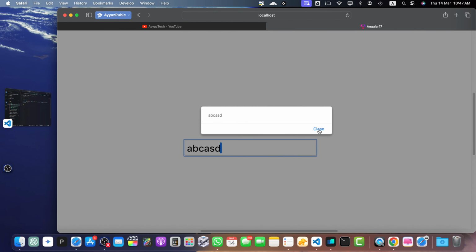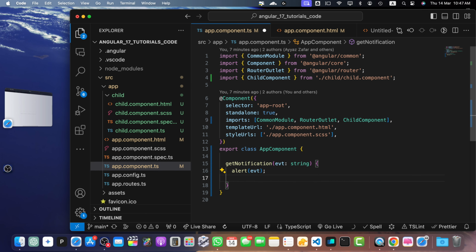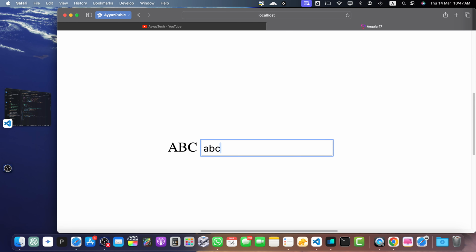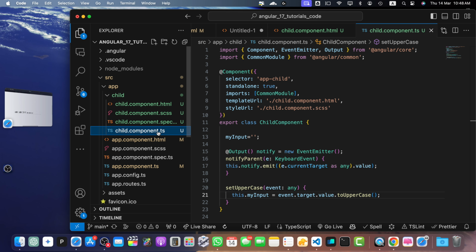Okay, now let's see. Let me remove the alert in the app TS so that I could avoid the disturbance. So instead of that, I will add console.log. All right, now let's type. You can see as soon as I type, it will capitalize it. It will convert every character into the uppercase in real time. So here the input value is accessed from the event and converted to the uppercase before saving,